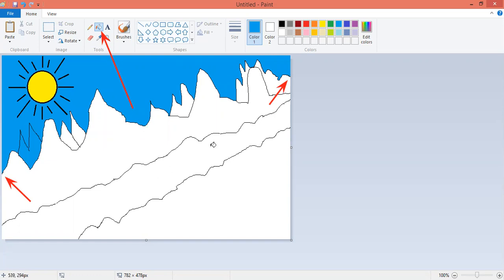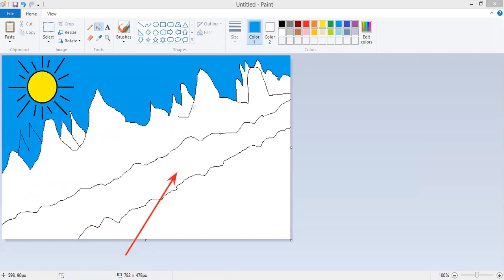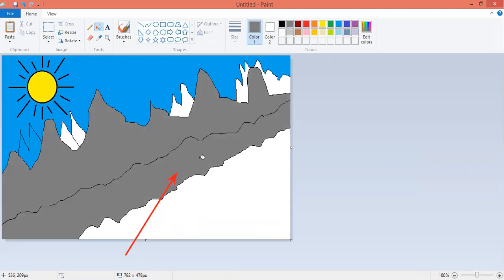Then we made some sort of road in front of the mountains. In front of the mountains, where is the road which we drew? Some sort of road is there, this one. So we have to put a grayish color on it. We select the color there and put it up there. Again the color is going into the mountain. Why? Because if you see, the line is open here, the line is open here. So that's why the color is going into the mountain.